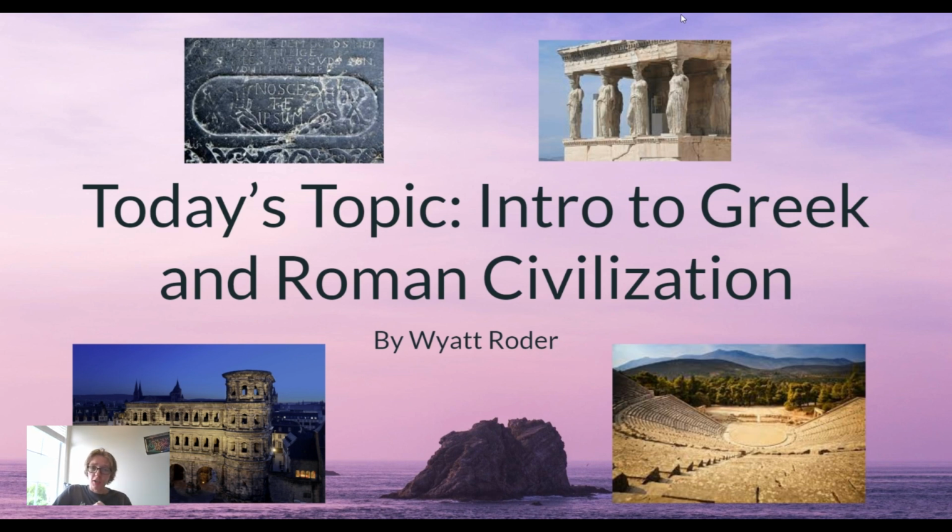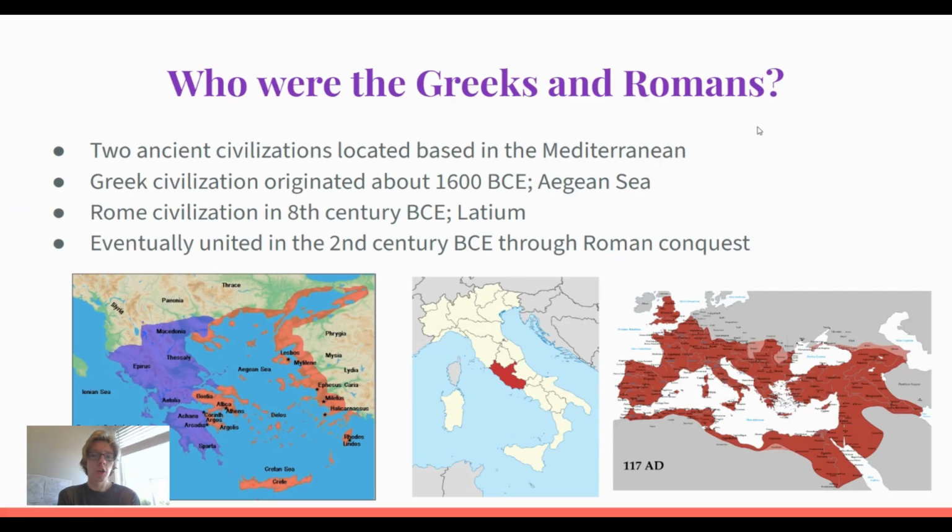So let's get started. Geographically, Greek and Roman civilization originated in different areas of the Mediterranean Sea, literally meaning the sea between the lands, medius middle, terra land. Specifically, Greek civilization originated about 1600 BCE in an area of the Mediterranean called the Aegean Sea, like this map